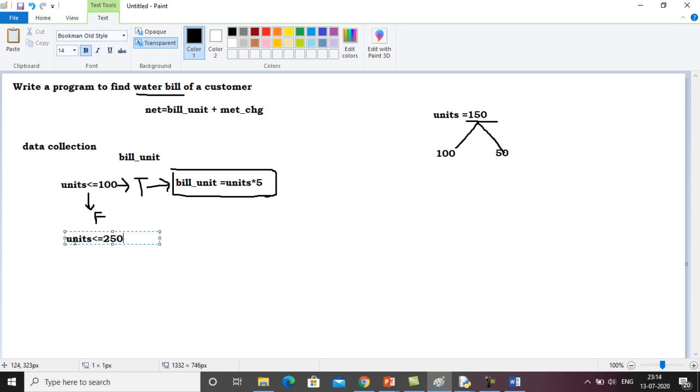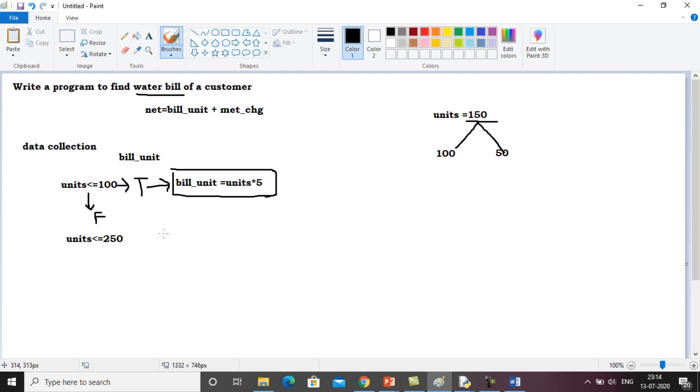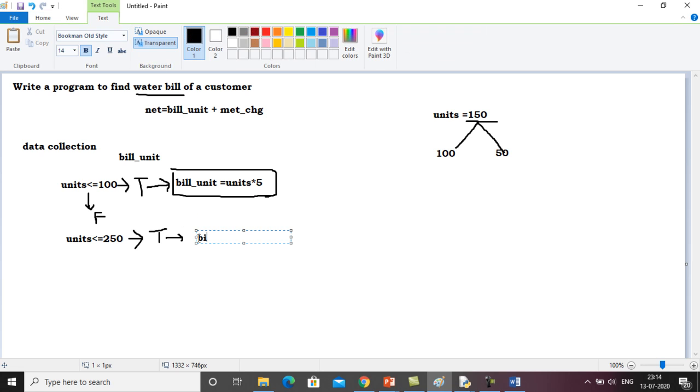So 100 units the first one, and the next 150 units mean total 250 units. So if your units consumption is less than 250 units, and if this thing is true, then what will happen? In that case the bill is basically for the first 100 units it's rupees 5 per unit, plus then 250 minus